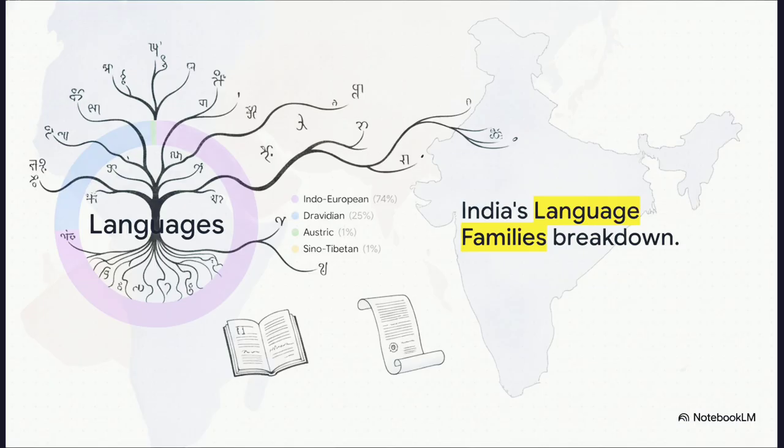Looking at the breakdown of India's language families, you really can't miss the sheer dominance of the Indo-European branch. I mean, it covers a massive 74% of the linguistic landscape, and it's actually from the Satem branch of this massive family tree that modern Hindi ultimately descends. It shares deep ancestral ties with languages spoken all across Europe and Asia.